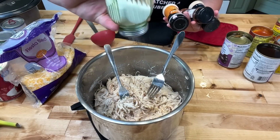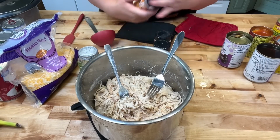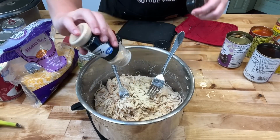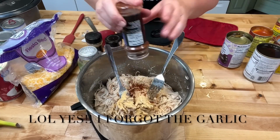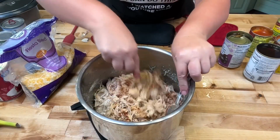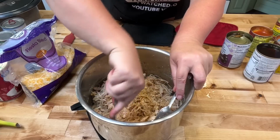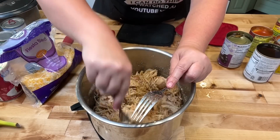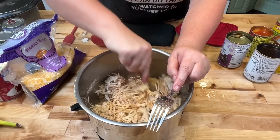Now, I usually add my homemade seasoned salt, but I don't have any made right now, so I'm just gonna make it by itself. So I've got salt, onion powder, garlic. This is homemade taco seasoning, guys, basically. So you can use a packet of taco seasoning if you want. And chili powder. I don't buy taco seasoning because it's ridiculously expensive, and you can pay the same amount for one packet of taco seasoning. You can probably make the equivalent of probably 30 or 40 for homemade. I don't know, I haven't done the math, but it's a lot. Okay, get that all